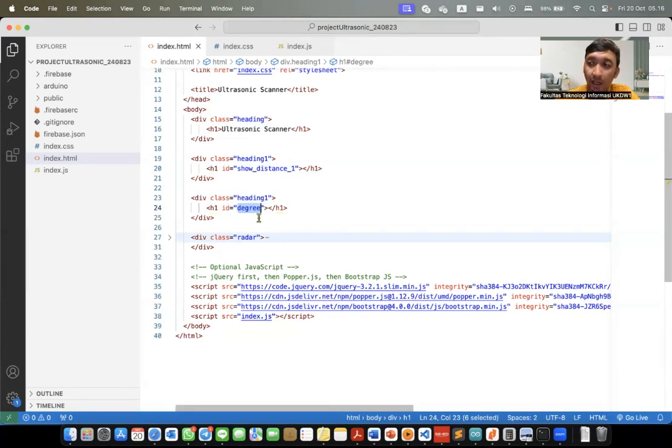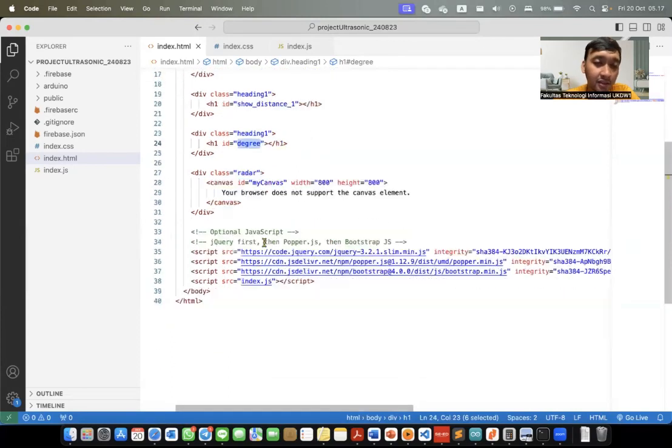So after the motor servo moves to a degree, the embedded system uploads to Anto, and our website subscribes to the value, and the value will show in this part.